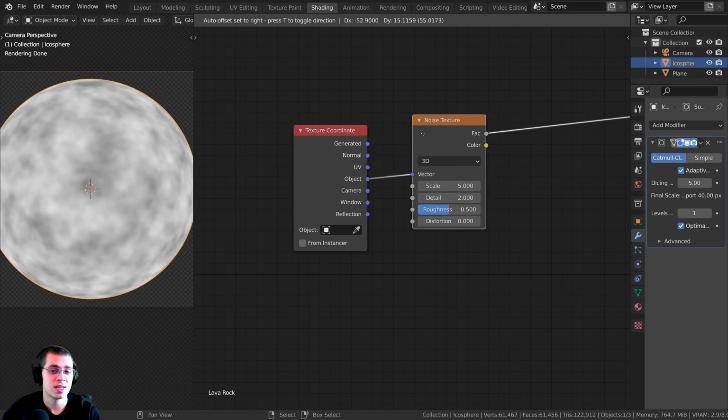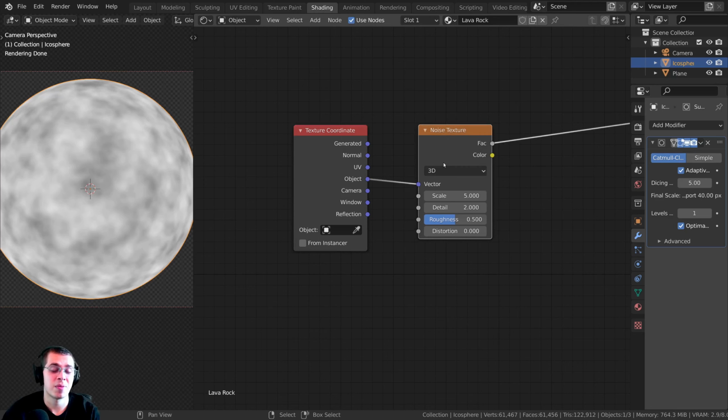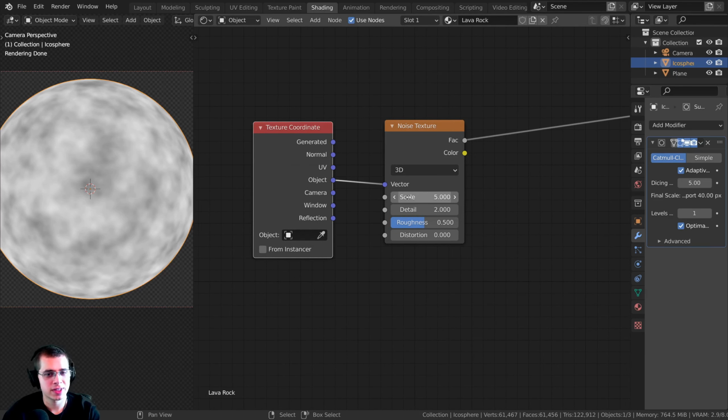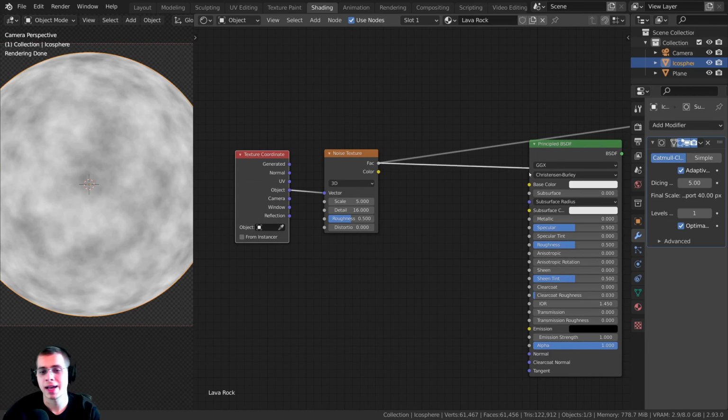So on default, the textures use the generated coordinates, but if you change it to object, then that way the texture is going to be placed around the object more evenly. And then I'm going to leave the scale at 5. I think that looks pretty good, but I'm going to turn the detail all the way up to 16 so it's nice and detailed. All right, so now I can take the factor and plug that into the base color